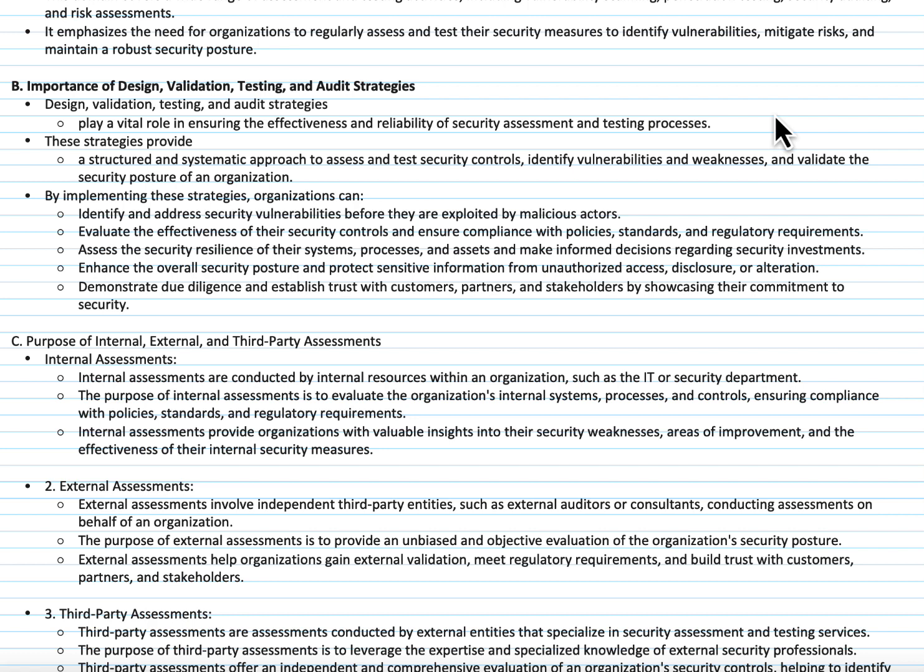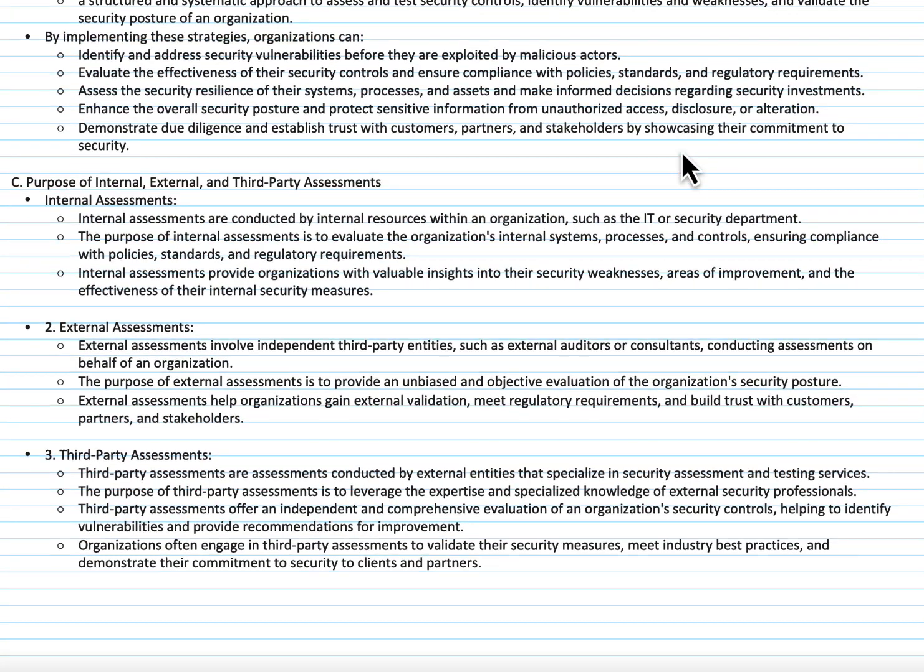The other thing about security assessments is that they help you determine due diligence and establish trust with your customers. What does that really mean? Well, say, for instance, I'm with my company and I hire a third party to do some sort of work for me. If they do security assessments, even though I may not have a regulatory requirement that forces them to, their completing a security assessment gives me peace of mind that somebody from the outside has looked at their organization. So it does give you some level of trust and helps alleviate potential concerns you may have.